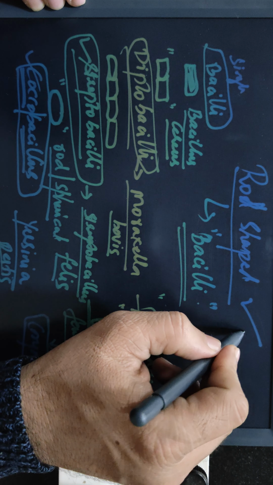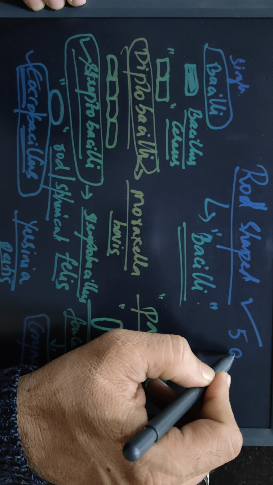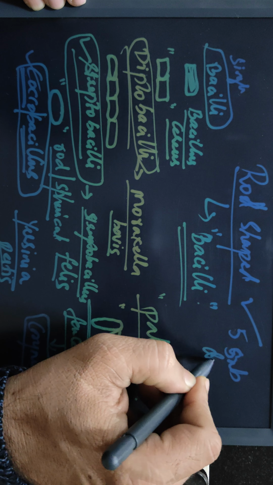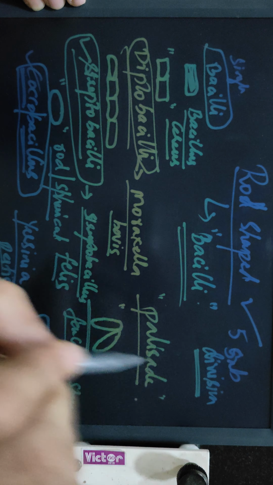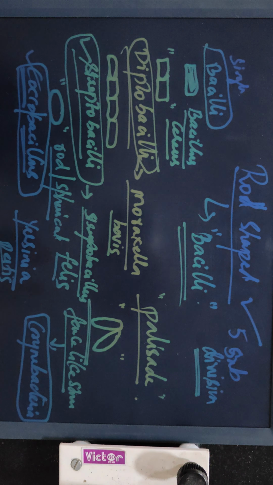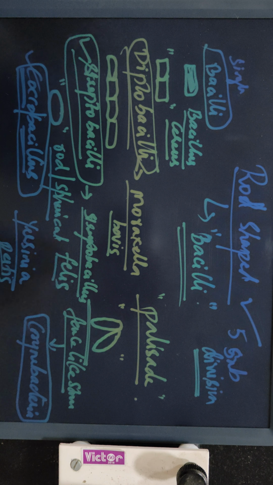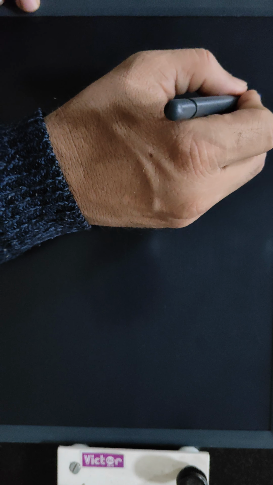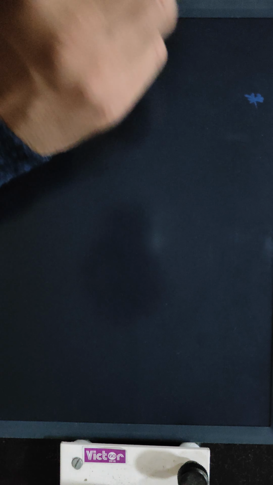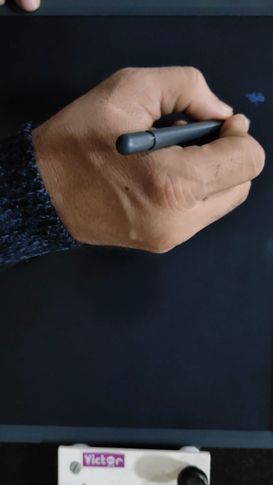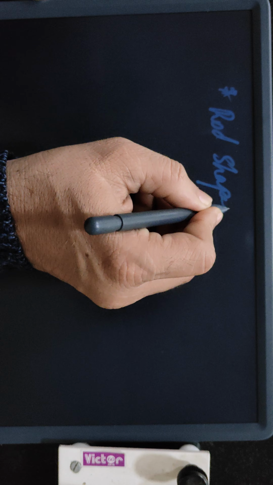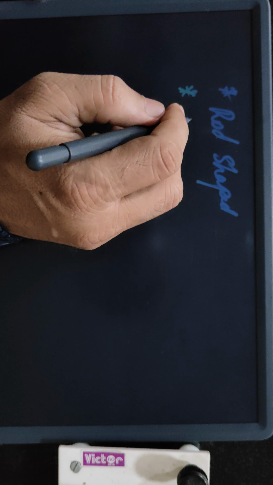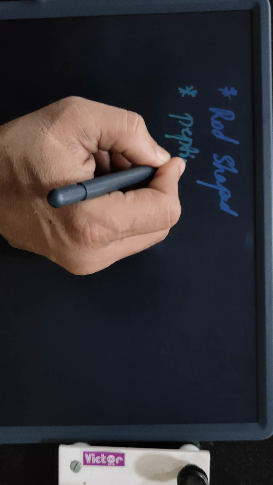So in rod shape, totally there are 5 subdivisions, whereas in cocci you had 6, but here you have 5 subdivisions. So this was the subdivision of rod-shaped bacilli. So let us discuss some of the common characteristics of this rod shape. The first common characteristic you can write is rod shaped. The second, you can see the peptidoglycan